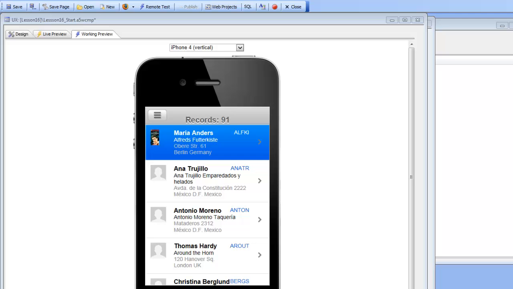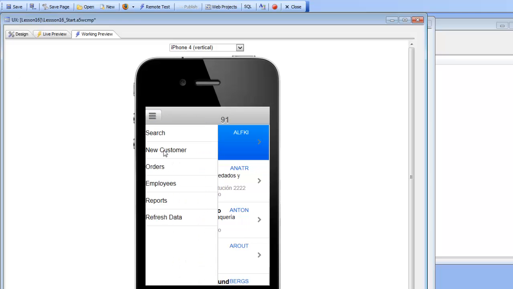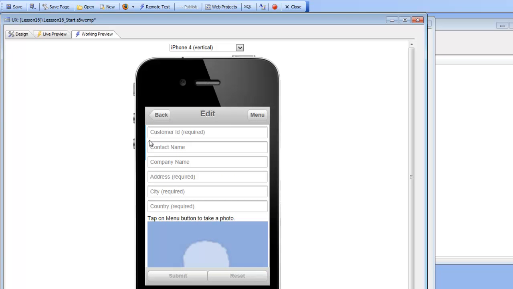So we're continuing now with lesson 16 of the step-by-step tutorial, and we've just added an event handler for the new customer record here. So now that we can enter a new record, let's test this out, and we're going to intentionally make some mistakes here. So I'm going to go here to say contact name and type in say Jim Smith, and I'm going to leave all of the other fields blank, even though it says here specifically that customer ID is required and that address is required. And then I'm going to go ahead now and press the submit button,